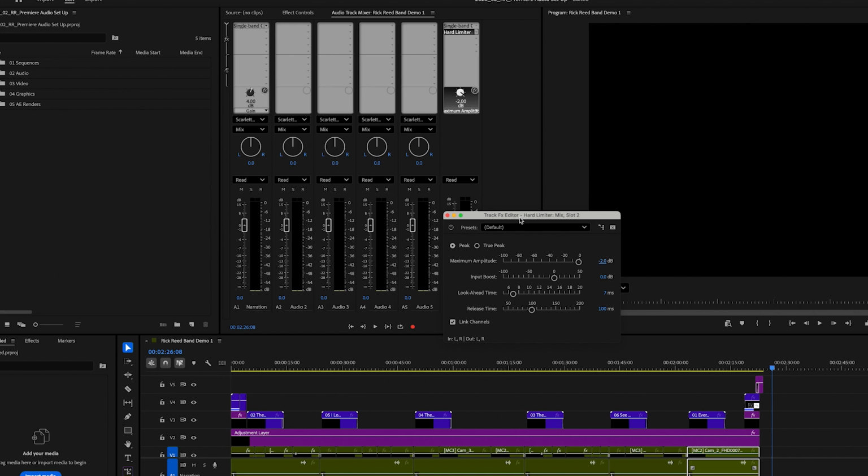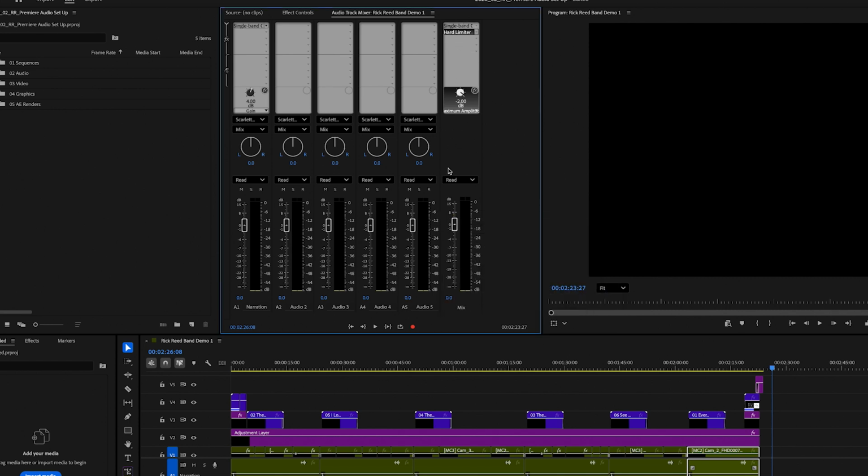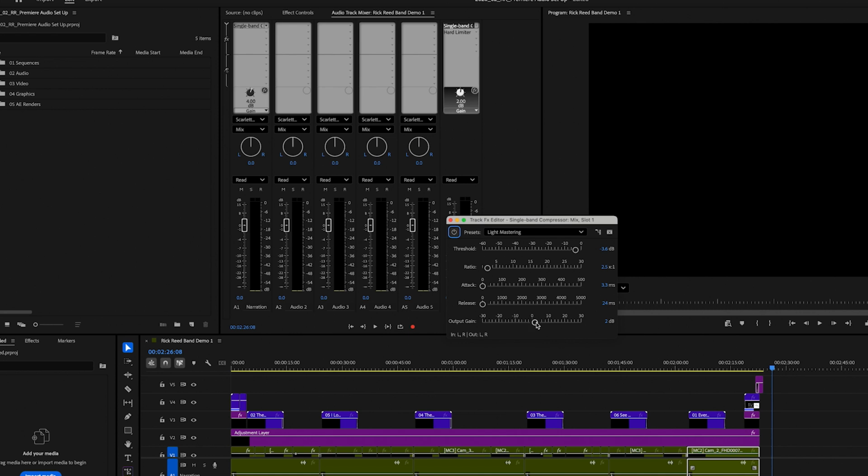And if you need it to be louder or quieter, you can bring that up using this volume, or in here your output gain, you can make it louder or quieter. Usually when you add a compressor, it's going to reduce the volume overall, remembering that a compressor